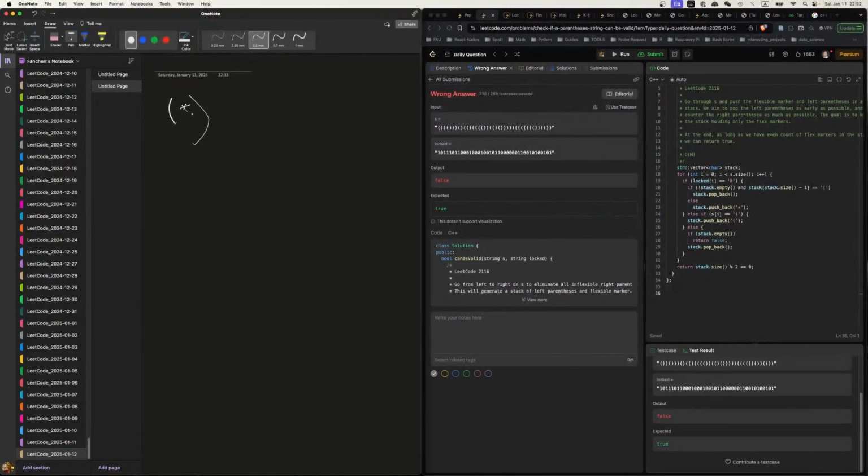How do we do this? We have a left, we have a flexible, and then we have a right. What do we do? Exactly, what do we do? Well, we can say we want to bias towards the right. But if we bias towards the right, and if there's nothing more left,